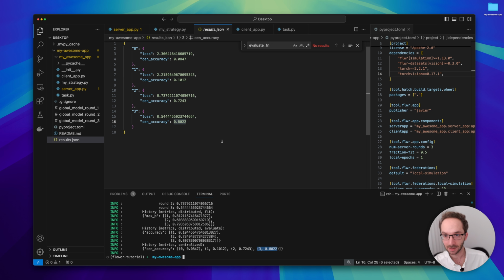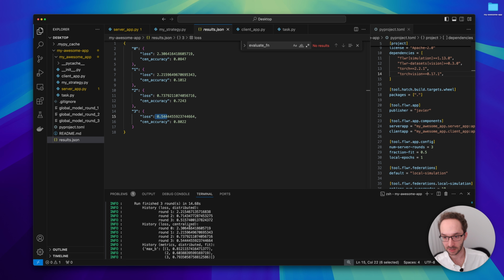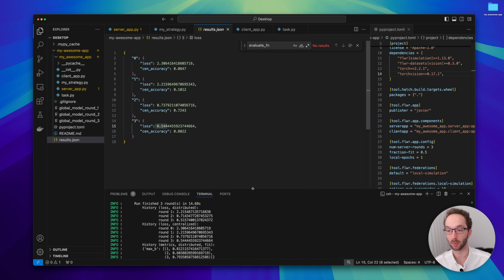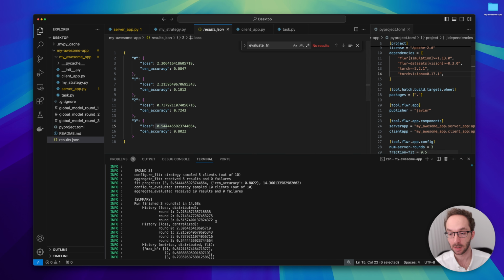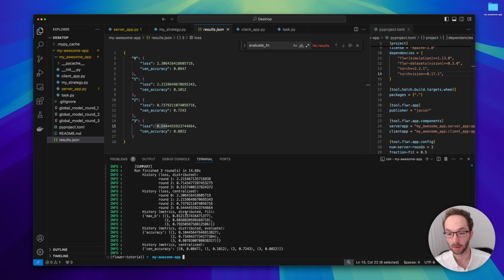It makes sense. And the loss was 0.544, which, if we inspect the loss in centralized, is exactly the same as here. So this is pretty useful if you want to keep track of your metrics. Of course, we could decide to override other methods in case we want to save all the metrics